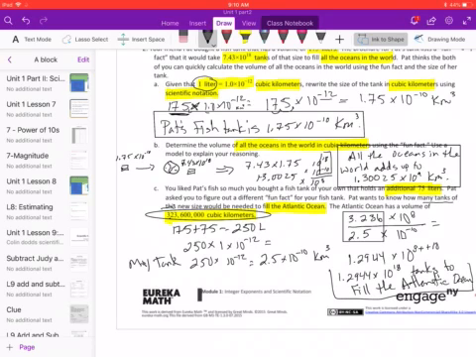So now I just need to make sure that this makes sense, right? And let me think about it. 10 to the 18th is a really big number. I have these small tanks. My tank is really small. And I want to know how many of these equal the oceans. Well, it's going to take a lot of tanks to equal the oceans. That's a really big number, so that makes sense. So that's my check. All right? And that's part 2, or question number 2 on the application part. Hopefully it helped. And hopefully now you can reflect on your learning a little bit and answer any of those that